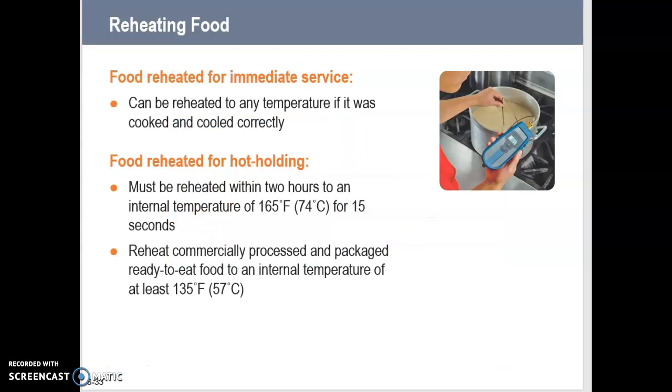And finally, if you're reheating hot-held foods, you need to reheat it within 2 hours to 165 degrees or hotter. And that wraps